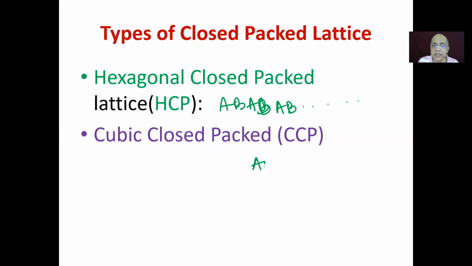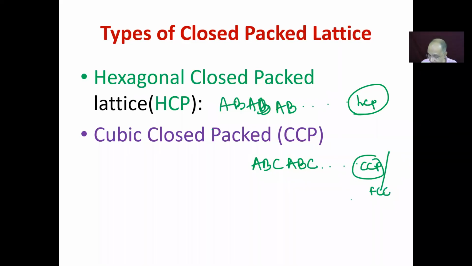But this one is ABC. When you are using the two common holes of the two successive layers below, over which you are building the top layer, if you are using the common hole, that now we say above the octahedral hole, if you are positioning the top layer, then it is developing ABC. And the unit cell of this stack structure is my favorite unit cell, CCP, or it is also called FCC, face-centered cubic.